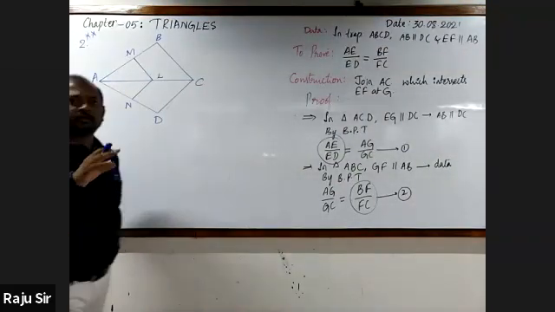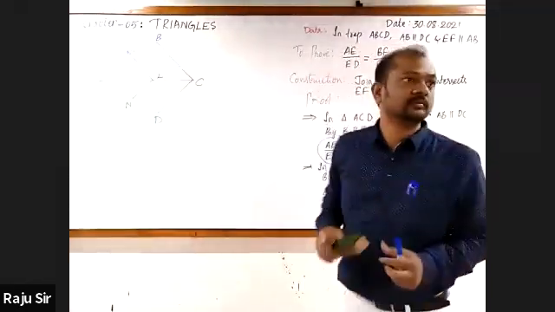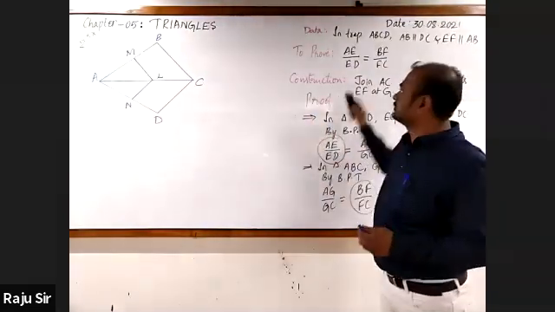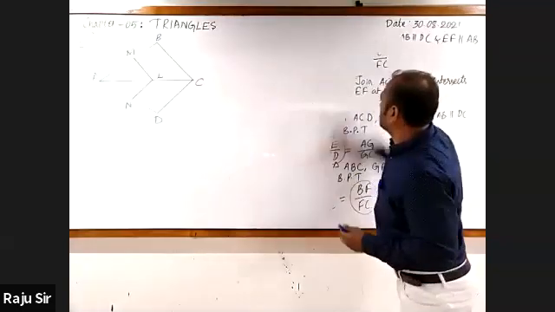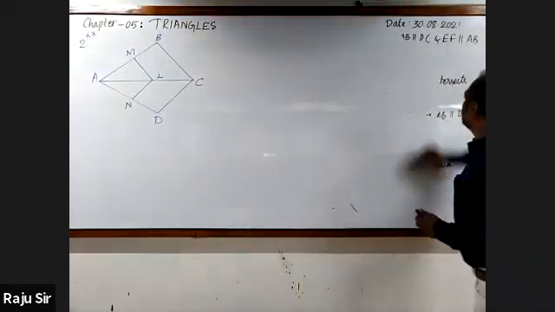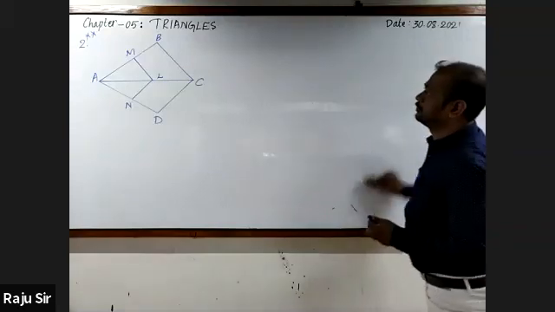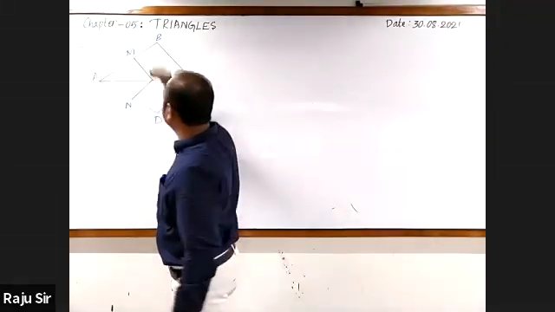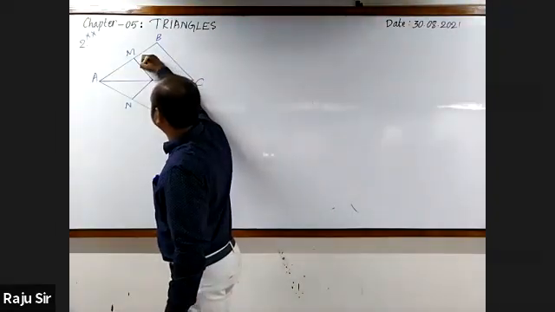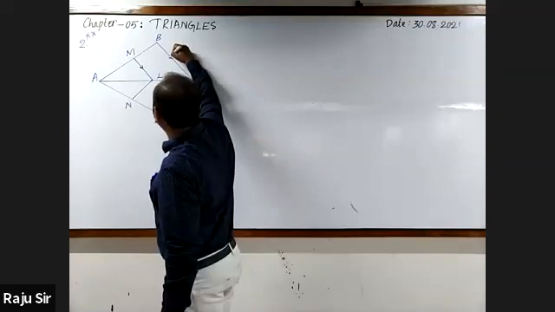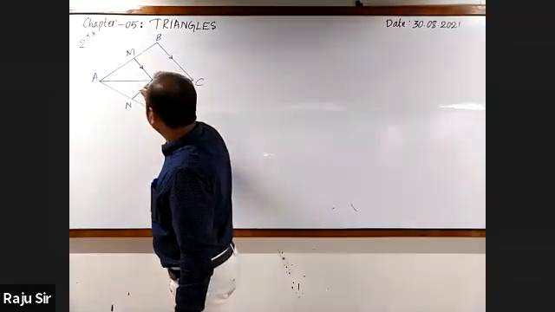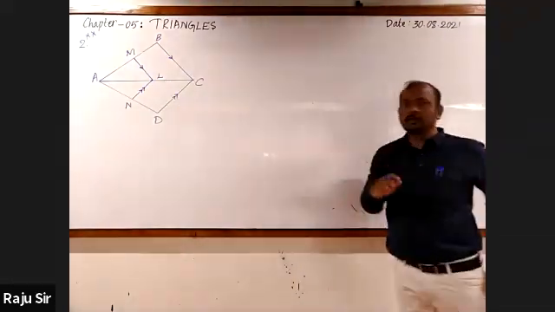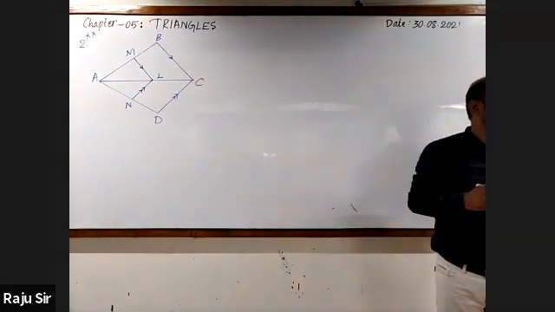Would you like to frame the question yourself? What all the possible types of questions can be asked? Possible types of statements to be asked to prove. Now, I'll give you the hint that it has been given in the statement as ML parallel to BC, NL is parallel to DC. Frame the question to be asked.